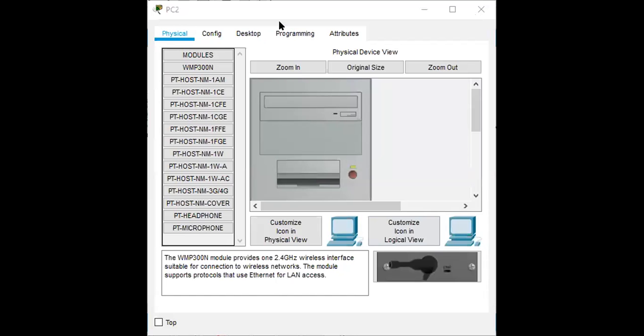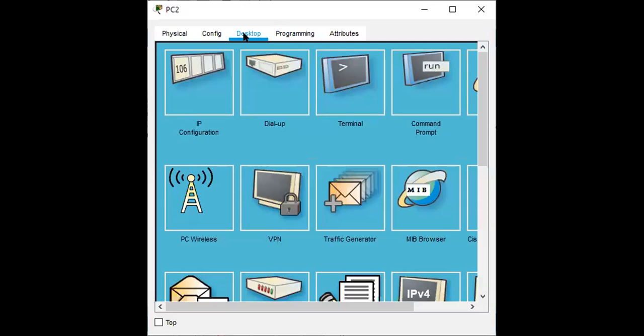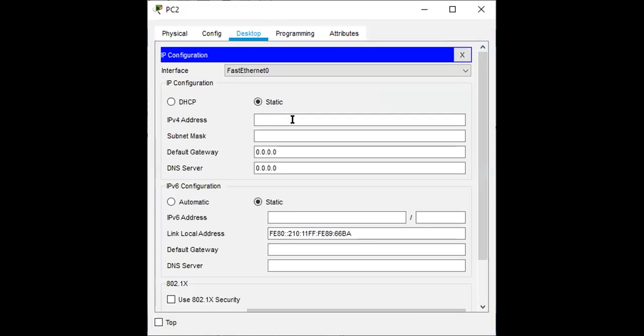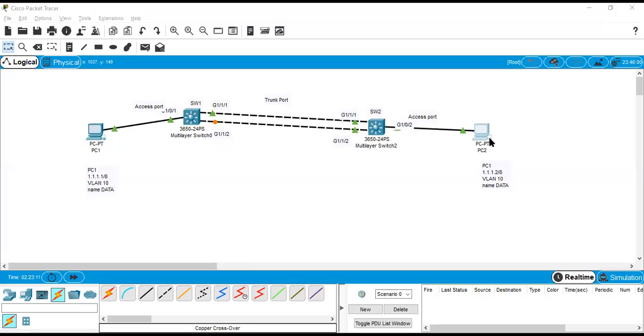PC2, 1.1.1.2. Now we have an IP address on PC2 as well as PC1.